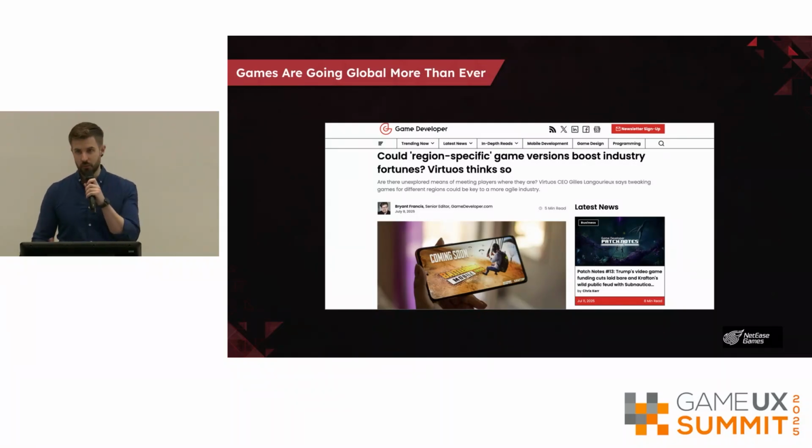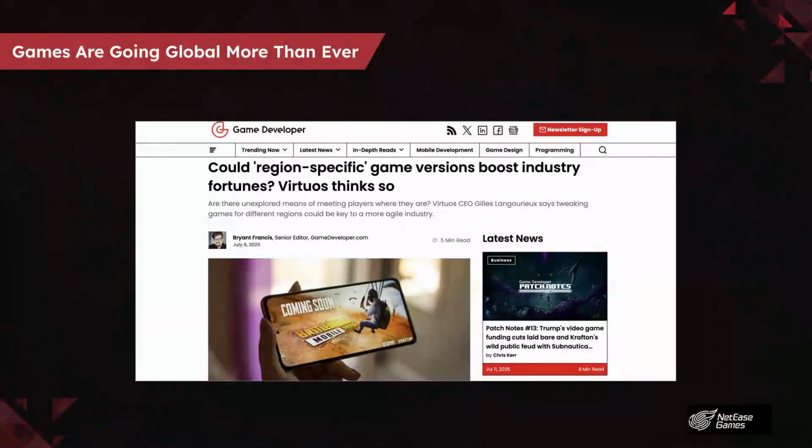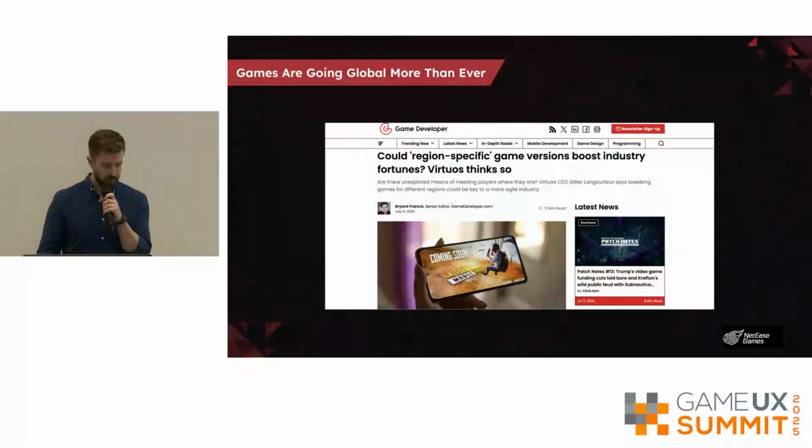It's no secret, I'm sure we've all seen it on the news, Chinese and Western studios are trying to break into each other's markets with mixed success, let's just say. What works in one market will feel completely off in the other. Assumptions made during design and development don't always translate. This has led to friction and disconnect between what the local players experience and what the intended design was along the way. We've seen this in many of our own games with essentially negative feedback on social media and really costly post-launch changes. And we've seen it in other games as well.